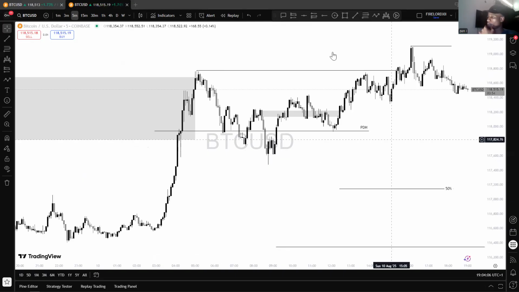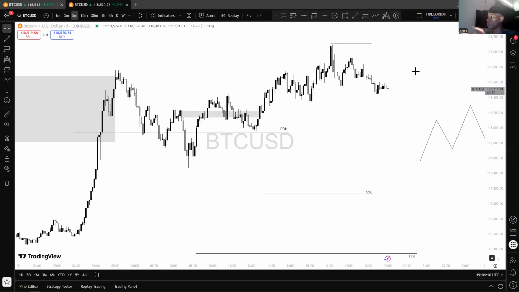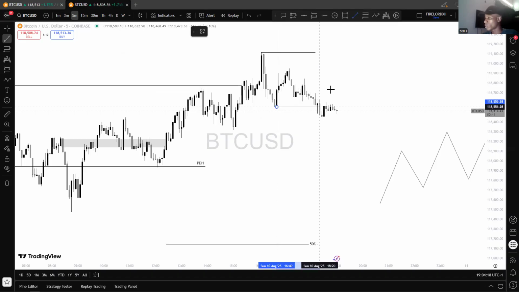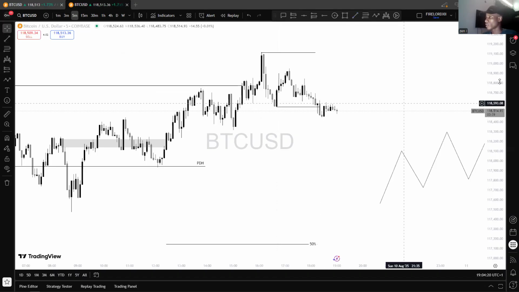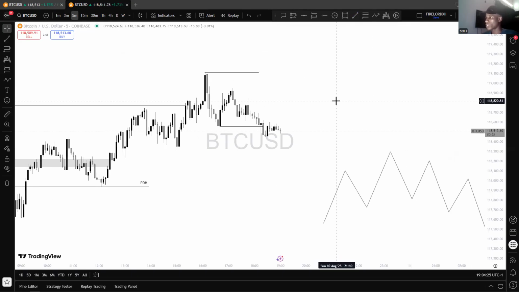After this pullback, we didn't get a high that closed above this high. So instead, price came and broke structure to the downside, right? So everything somewhat clicks. Price broke structure, and now